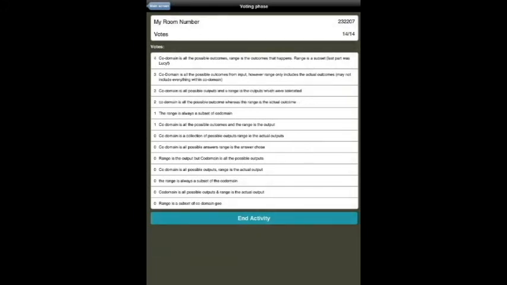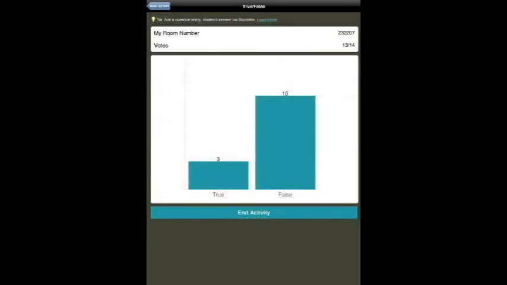And again, I think the great thing to emphasize here is that it's all live, so as students are interacting and this is projected on the screen, they can see all the data as it's being generated live. So as they vote, as they put in their answers, all of that is coming up on screen. Also there's voting. It's a true and false question, and they tend to enjoy doing that as well. Again, it leads to a lot of discussion. And one of the great things about this is I get to see everybody's response. They get to see everybody's response, and it gives us the opportunity to discuss, question, probe further into a topic,